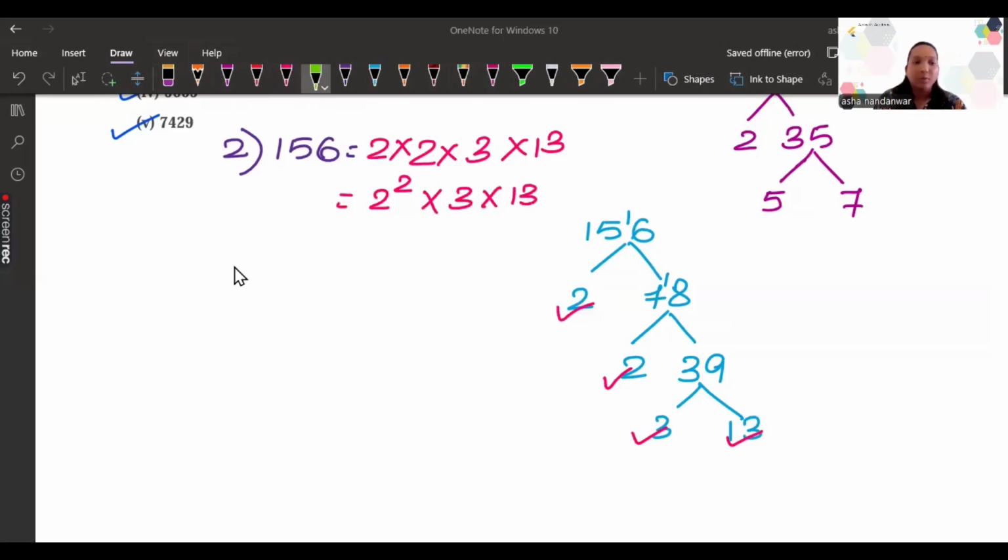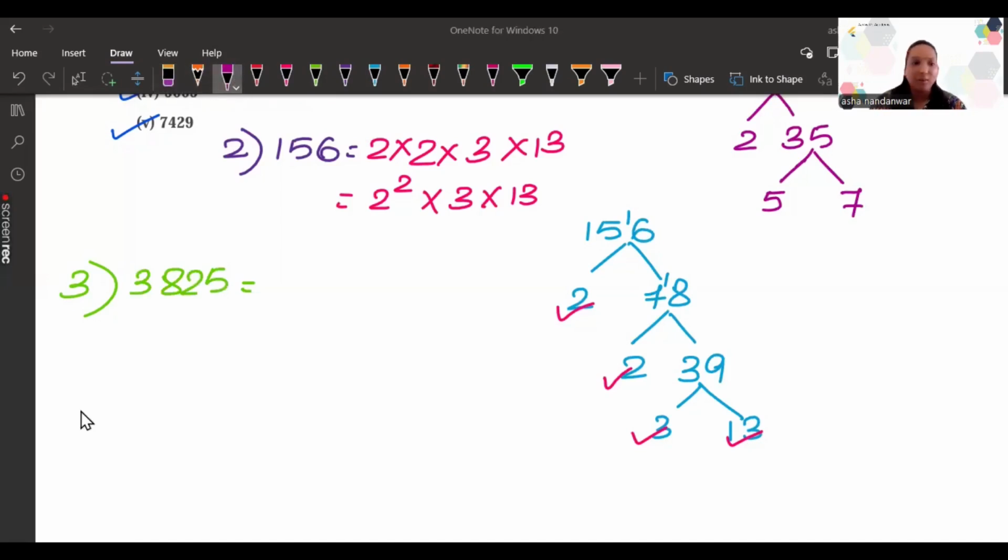Now the next number, question number 3, we will be taking. We will be solving each and every question here, so it is helpful for your exam as well. And as and when you want, you can go through the video once again. And if you have any doubts or concerns, you can put them in the comments below.